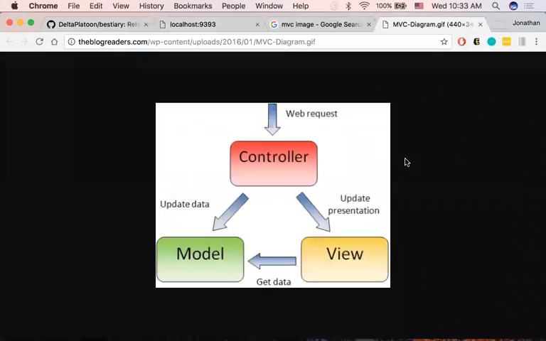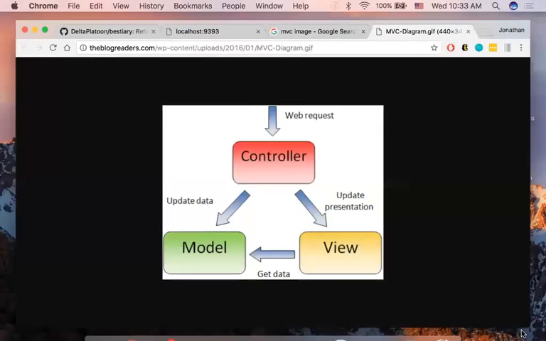So this won't make a terribly large amount of sense yet until we actually start writing CRUD apps, but just so we have a common place to get started. MVC, again, stands for ModelViewController, and it's a framework that we use to write web applications. So we start off at the top, and you get some sort of request, right? Someone makes a GET request to /home or you make a POST request to submit Madlib or something like that. That's going to hit your controller. Again, your controller is where all your logic was written. So if I go back to my